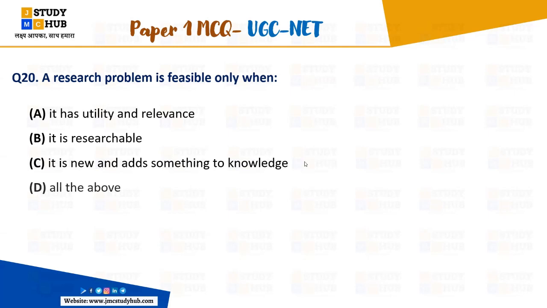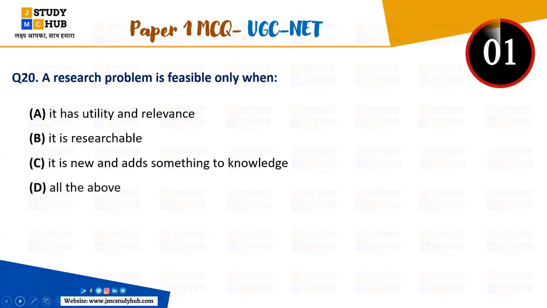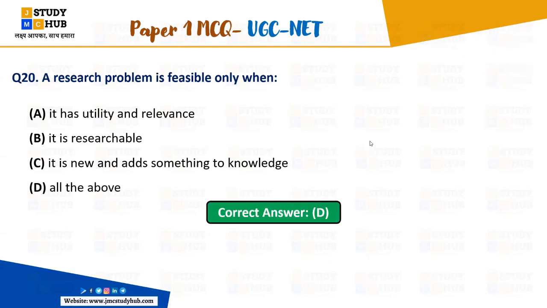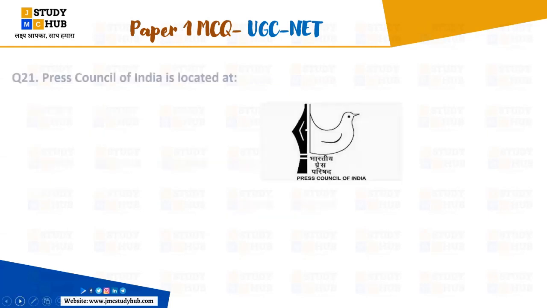So if your concept of research is clear, definitely the first class of research is that relevance has to be there, it has to be researchable, and research also means adding something new to the existing knowledge. That is the important thing about research. So the right answer is D, which you have given, right? Everybody has given the right answer, D, right?